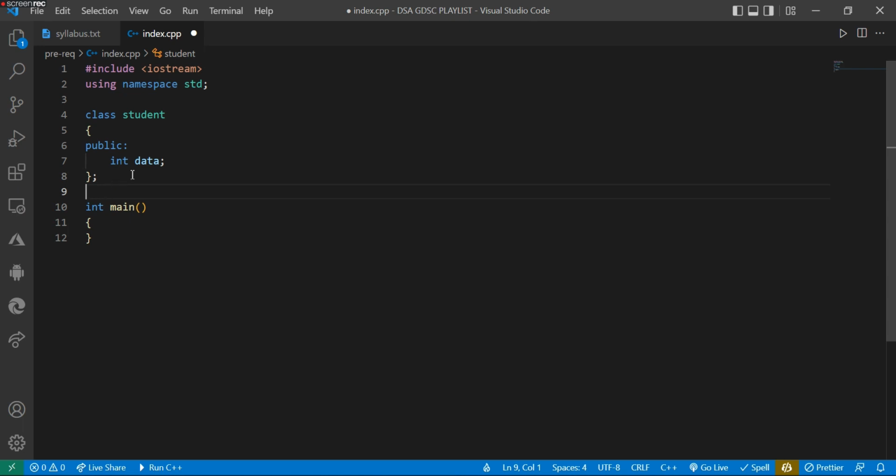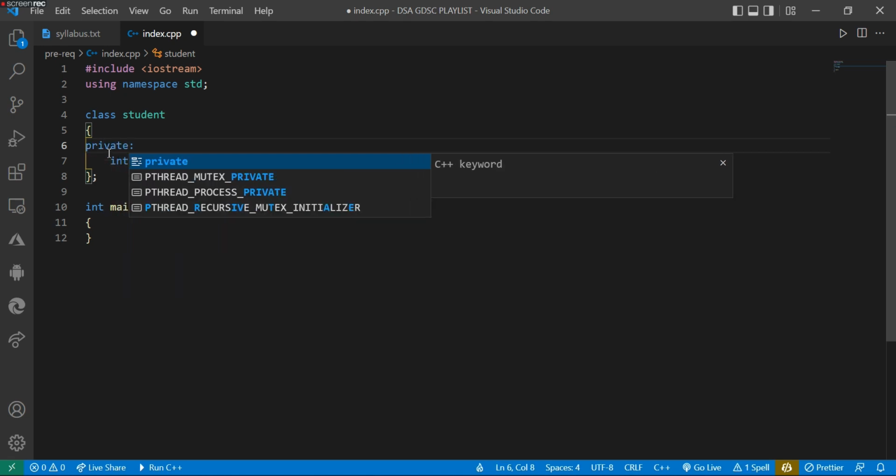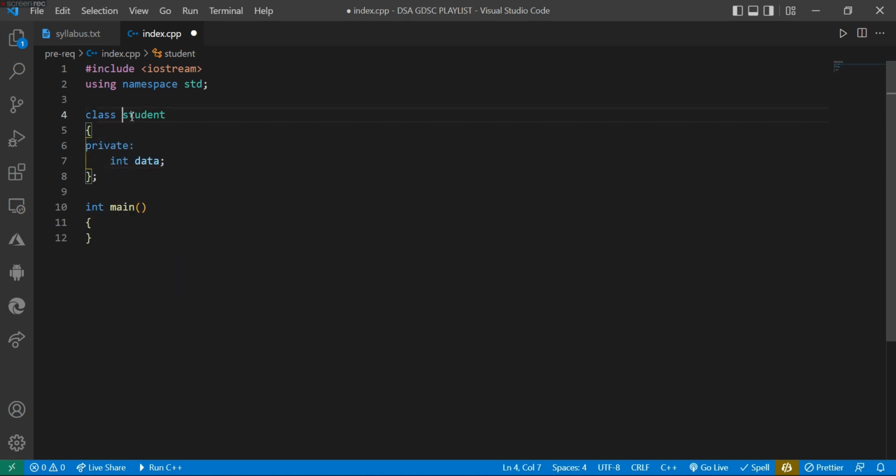Means you can access this data outside this class. If it would have been private, then this data can only be accessible within this class. Now I know that you didn't get it, but we'll see that using a practical example. So before that, let me create some attributes,